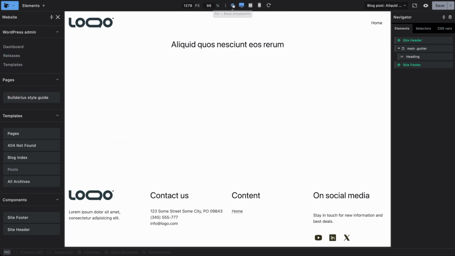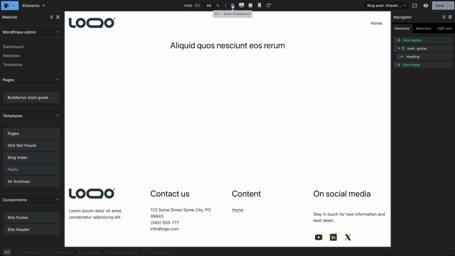Let me go back to this one. The first one is base breakpoint. It means that all styles added when I'm under this breakpoint will be added just as is, without any media query scoping. So it says base breakpoint, but in reality it's no breakpoints at all. Let's move forward to this selection of